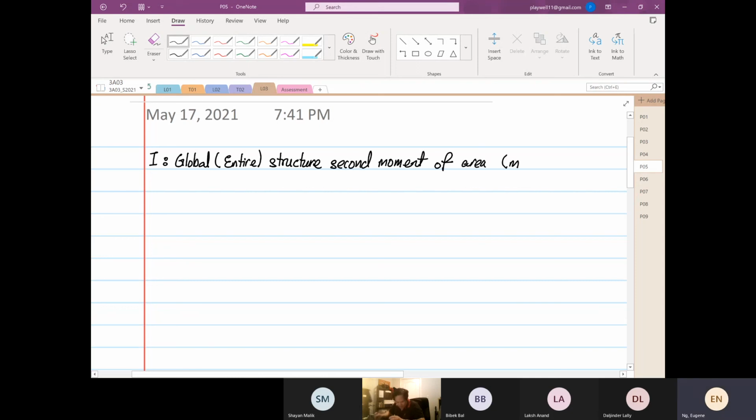The units are meters to the fourth. So that is the shear flow. Later on I will tell you the difference between the shear stress and the shear flow. And then the shear stress, for this case shear XY, again equal to shear YX, is equal to VQ